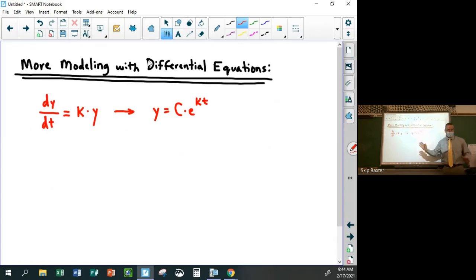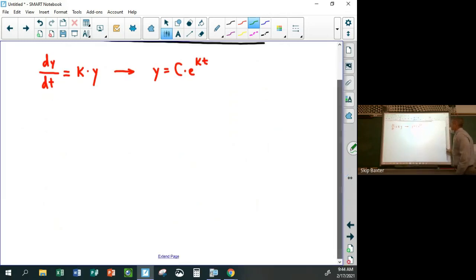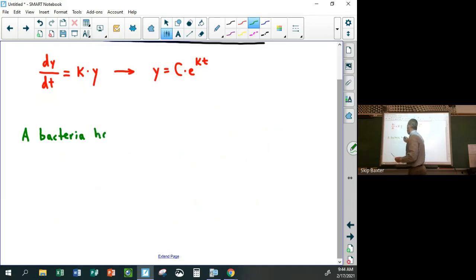Okay, so what I wanted to talk about today is that sometimes you'll have proportionality like this in a little bit more complicated context. For example, they might say something like this. What if they said a bacteria has P